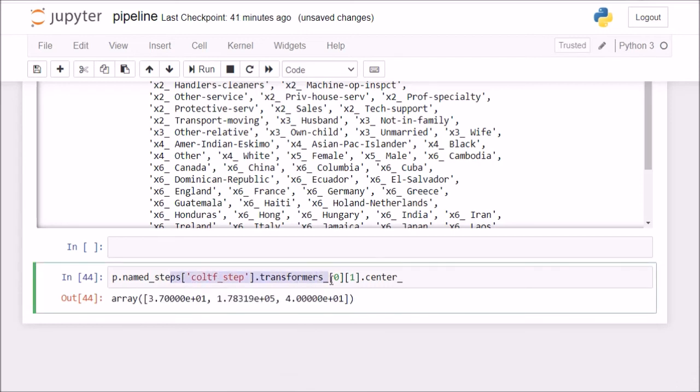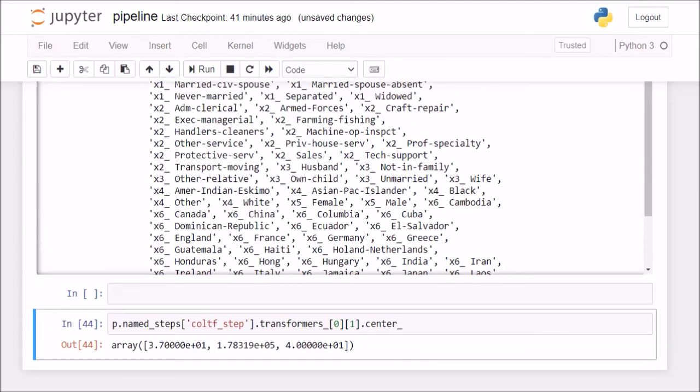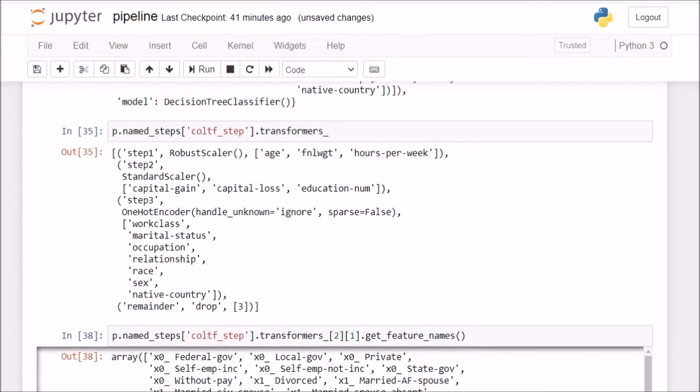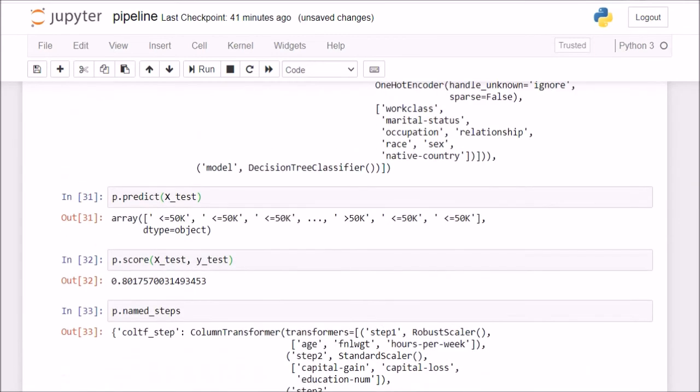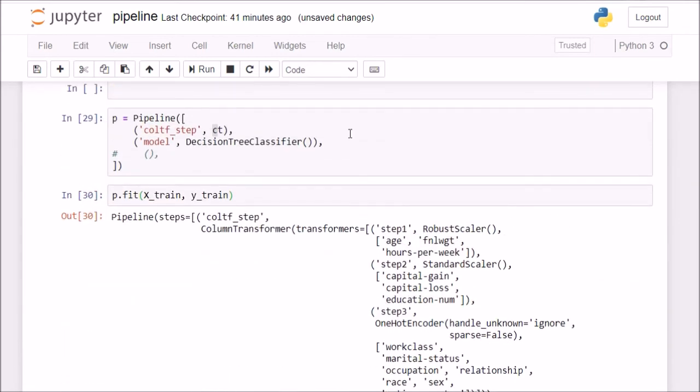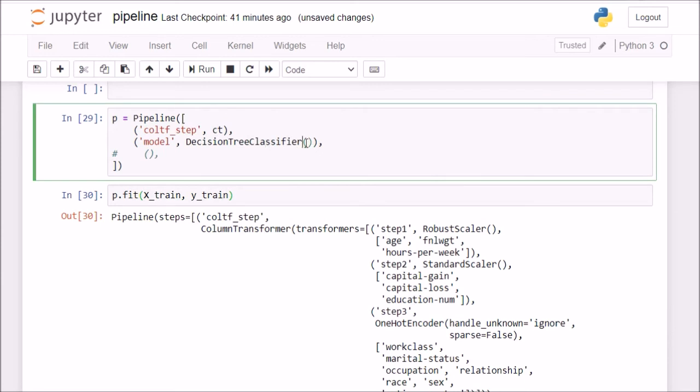So you see how easy it is to navigate to any particular column, any particular value that we want. So it takes a little bit of time in the beginning, don't worry about it. But once you have your hold over it, it will be very easy for you. Now you must be wondering, what is the use of this pipeline, right? Because we haven't done any astronomical thing with this pipeline yet. But the thing is,